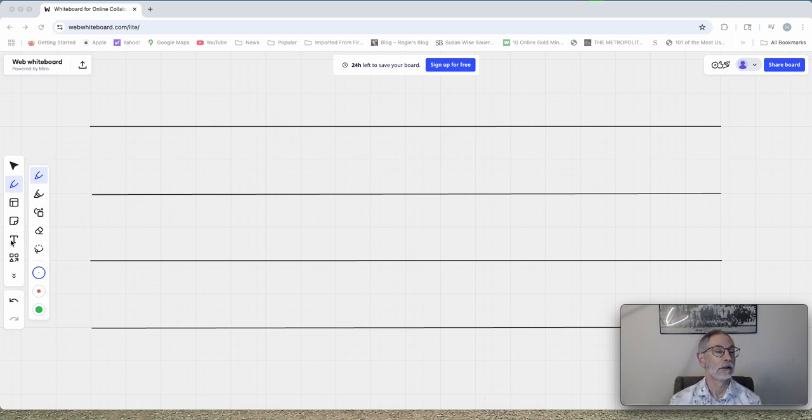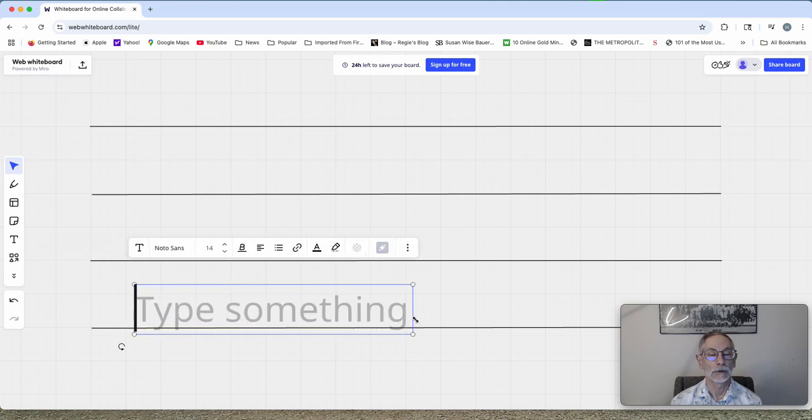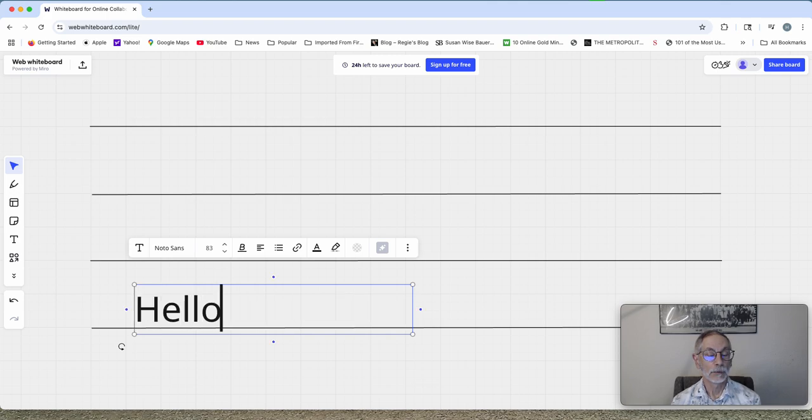So like I can come over here, I can switch to text box and make a text box. Let's see how big I can make this. I can make it big. And I can type things. I can type the letters. They're all perfect, but I didn't make any of them. All I did was press buttons. So